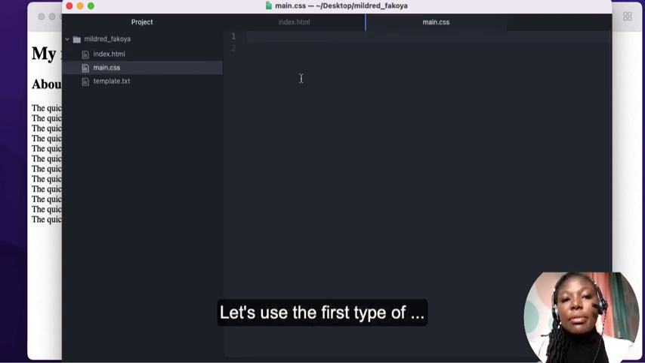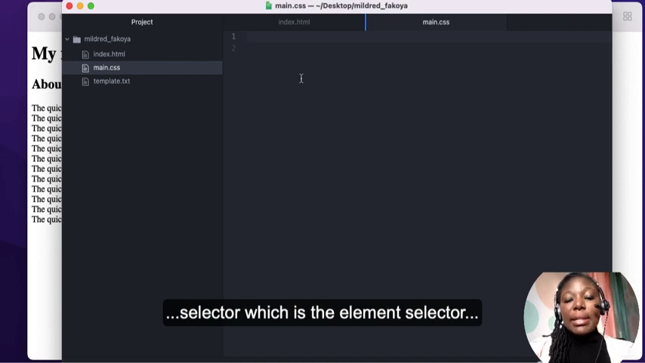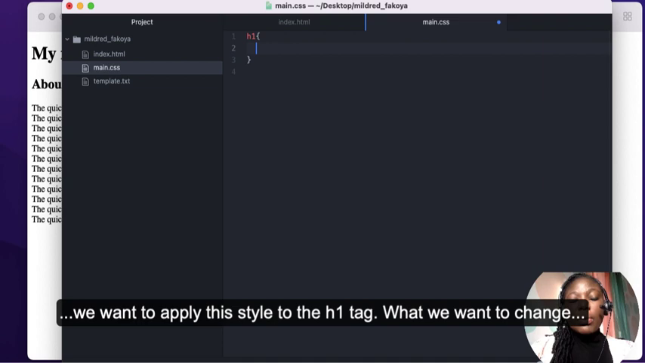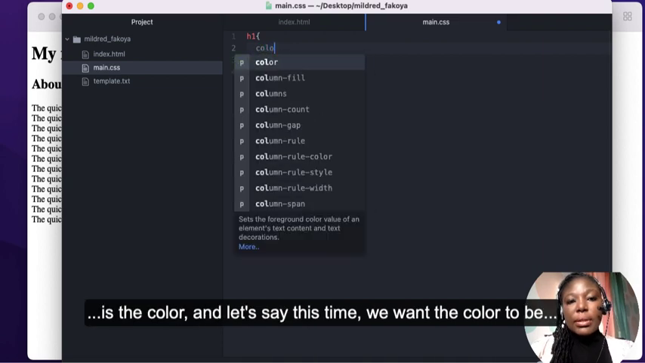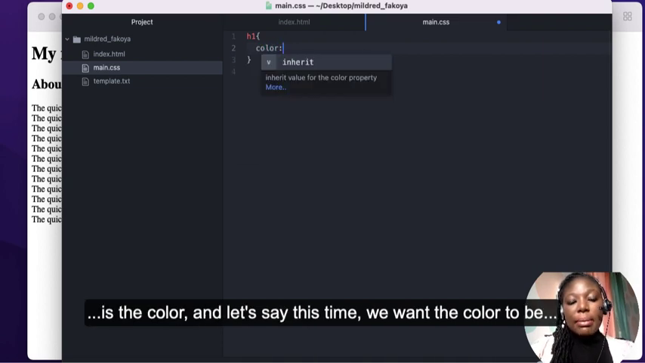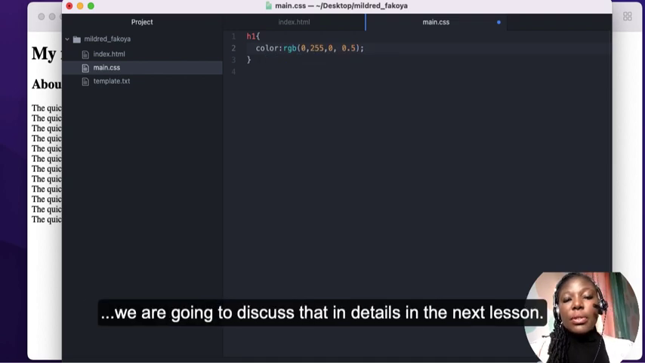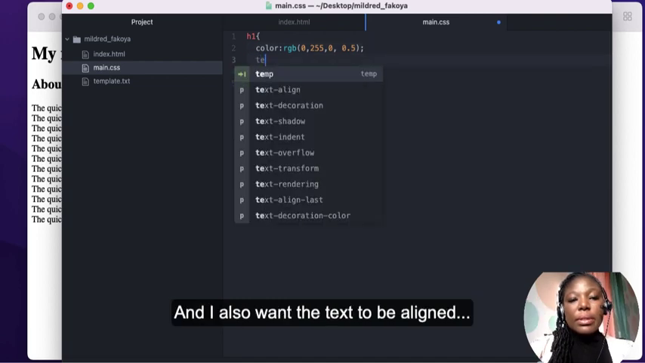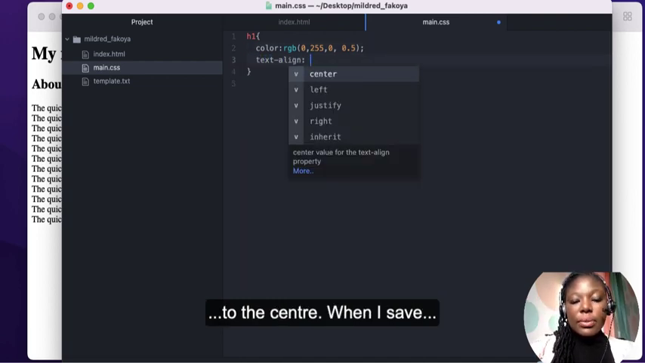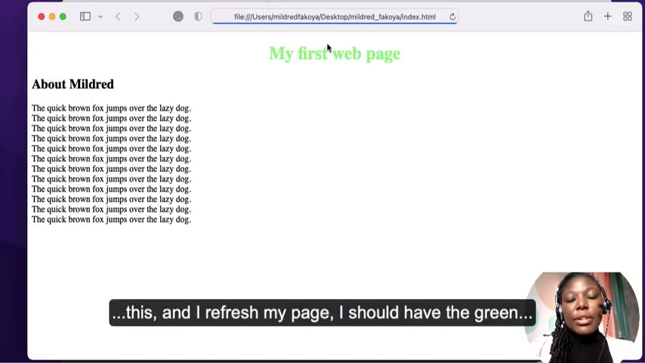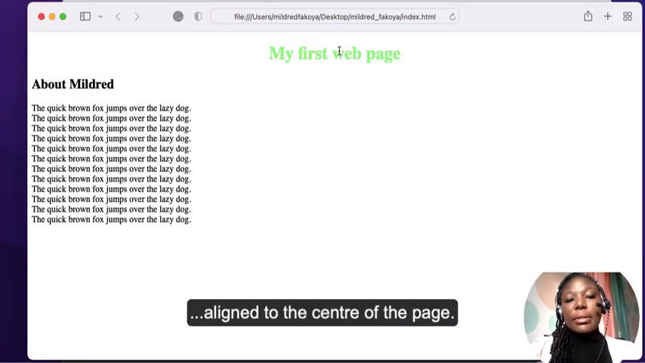Let's use the first type of selector, which is the element selector. We want to apply this style to the h1 tag. What we want to change is the color, and let's say this time we want the color to be green. Okay, so ignore the color values. We are going to discuss that in detail in the next lesson. And I also want the text to be aligned to the center. When I save this and I refresh my page, I should have the green aligned to the center of the